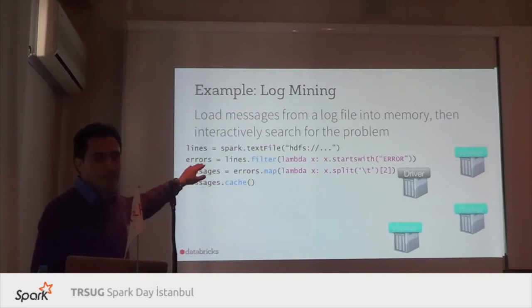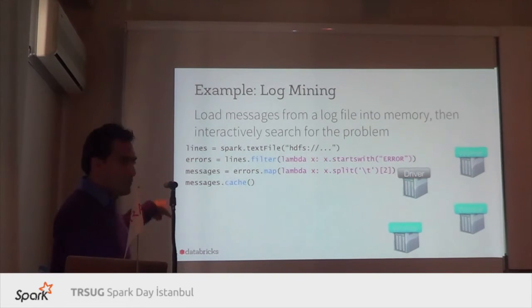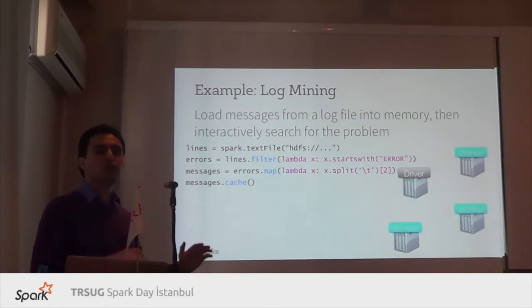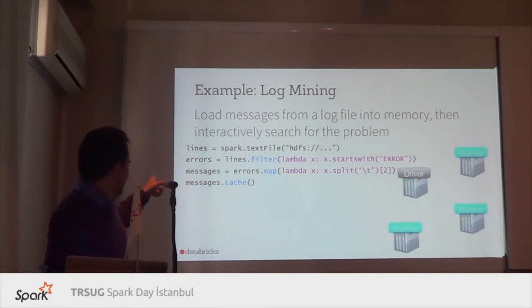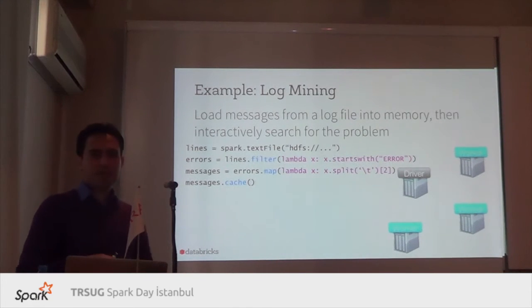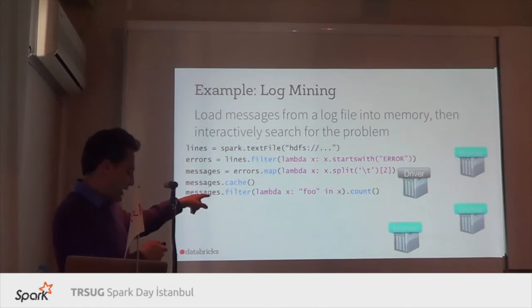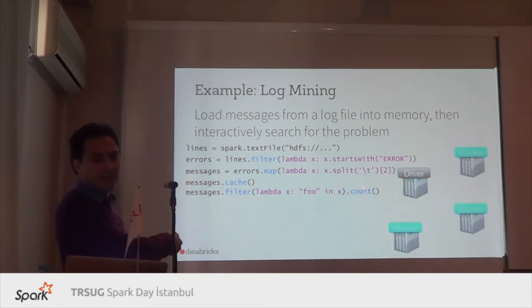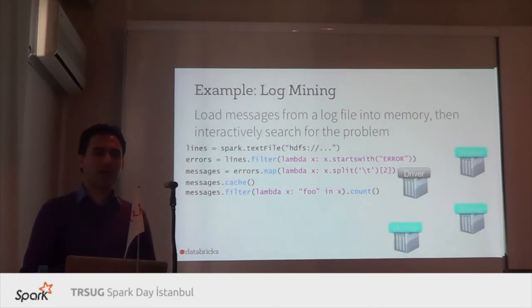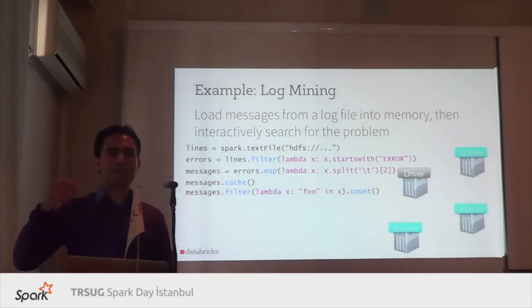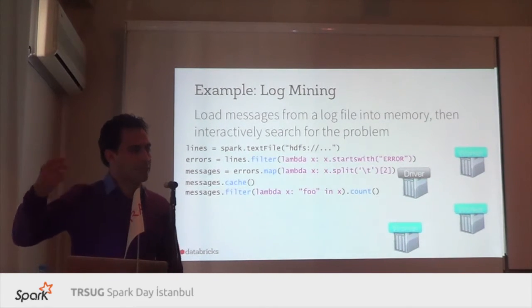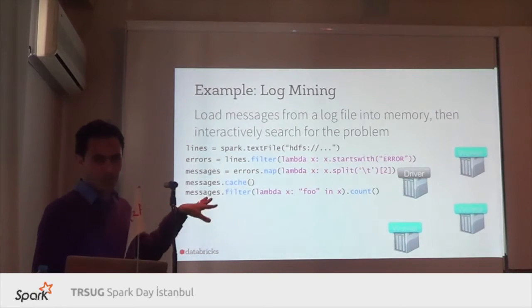Up until here, nothing has happened, as I said. The last command tells Spark, whenever you operate on this data, keep messages in memory. So we'll see what happens. Then I call count, which is an action. An action is different from a transformation in the sense that it actually triggers the execution. Once that gets triggered,